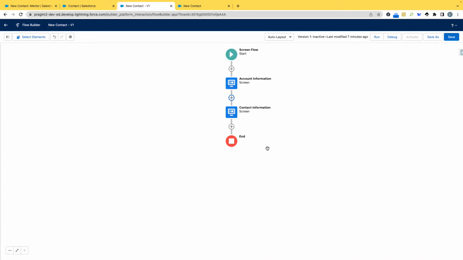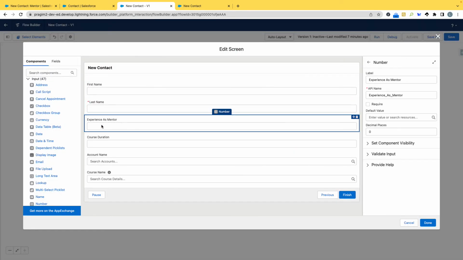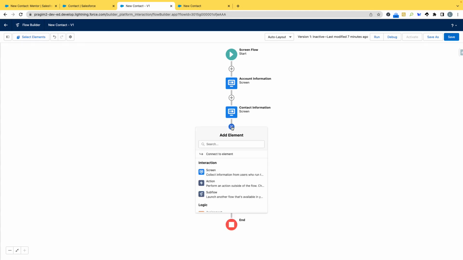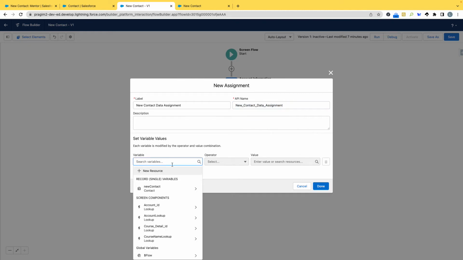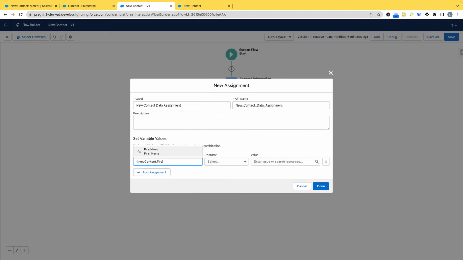Assignment is missing first. We got first name, last name, and everything as a simple text field. Now we need to map this data to an object, isn't it? So we are missing assignments. So do an assignment. New contact data assignment. So what is the variable we have? We have new contact, first name